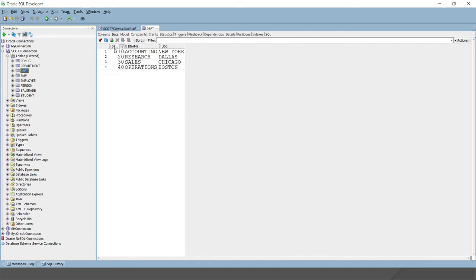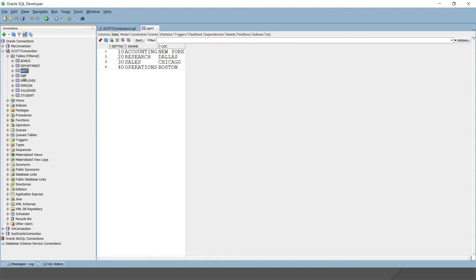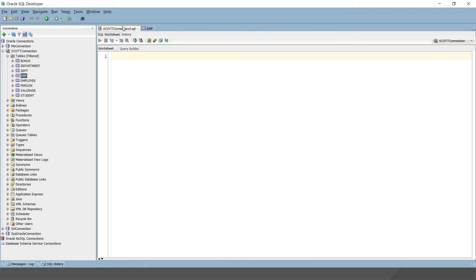Here you can see we have a department number in both tables. The department number in the department table is a primary key, which is defined again in the employee table as a department number, which is a foreign key relationship. So we have one common column in both tables, so we can perform any kind of join.